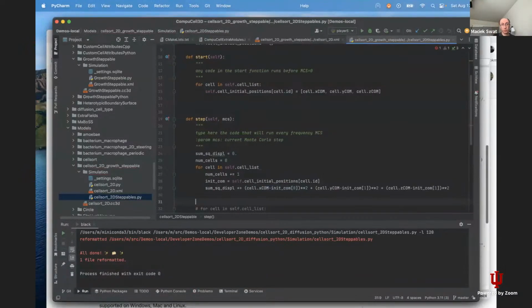Sorry, that's my sum of squares, and mean square displacement equals,